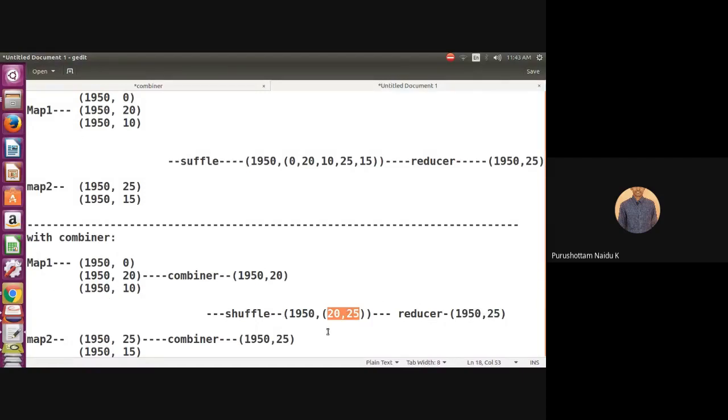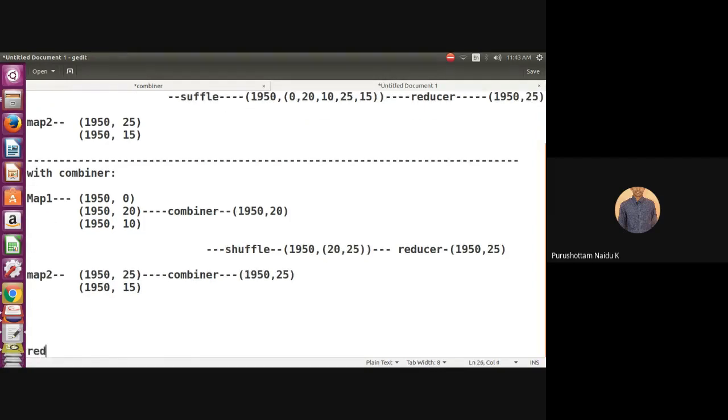That means the main advantage of the combiner is that it can reduce the volume of data transfer, or it can reduce the network traffic, or reduce the load on the network.